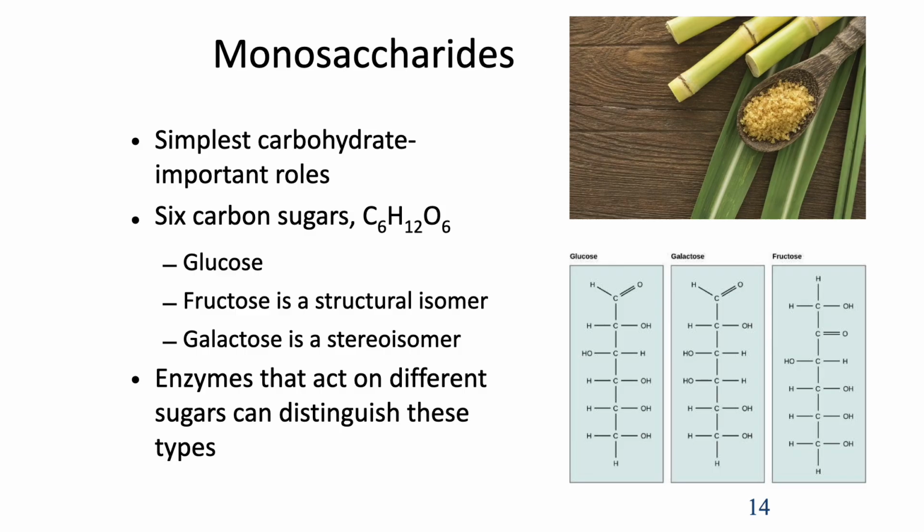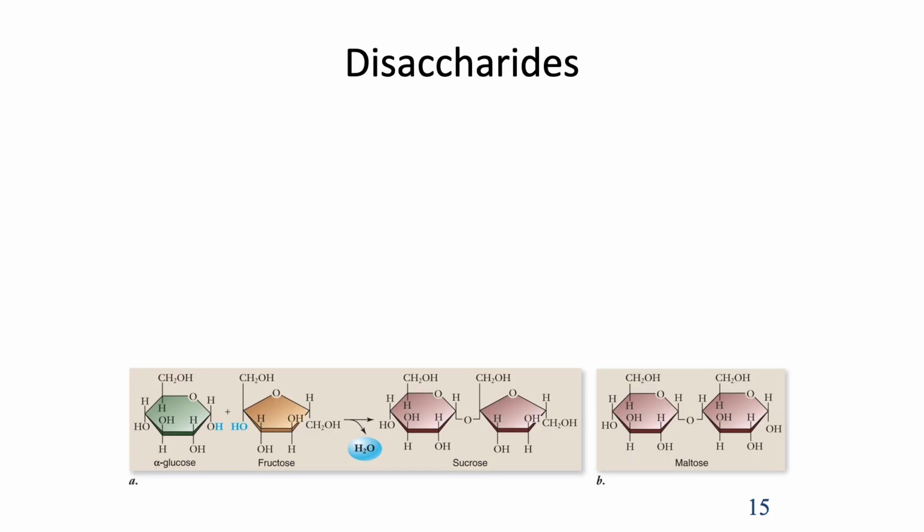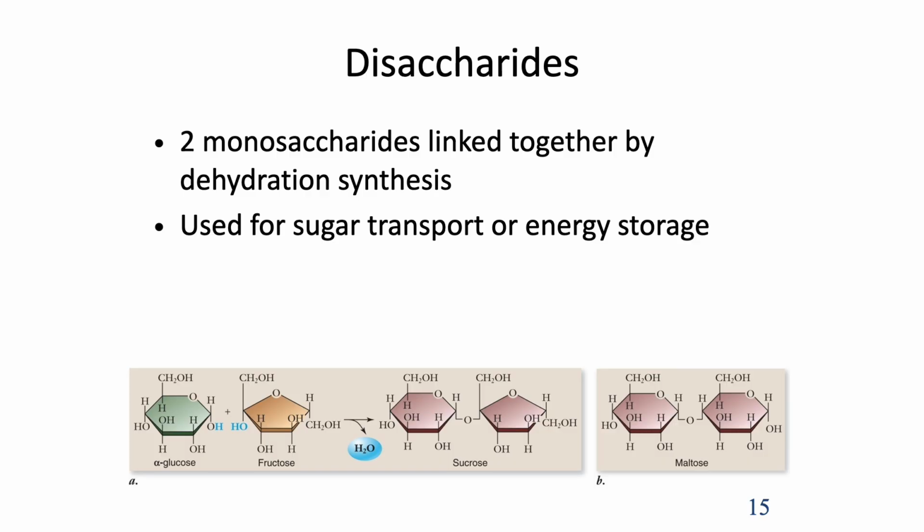Okay, and these are important. They taste sweet. They're found in lots of foods. We use them in our body. Sometimes they can link 2 sugars together, and these can be used for transport or storage. Sucrose, table sugar, is an example of a disaccharide. So is lactose and maltose. They're a little harder for us to digest, but they're still